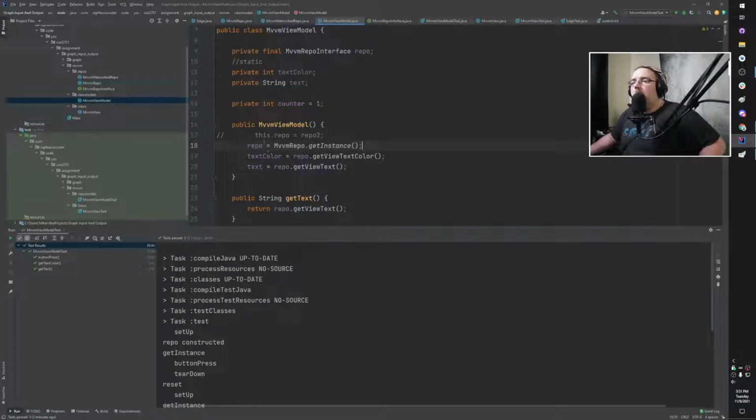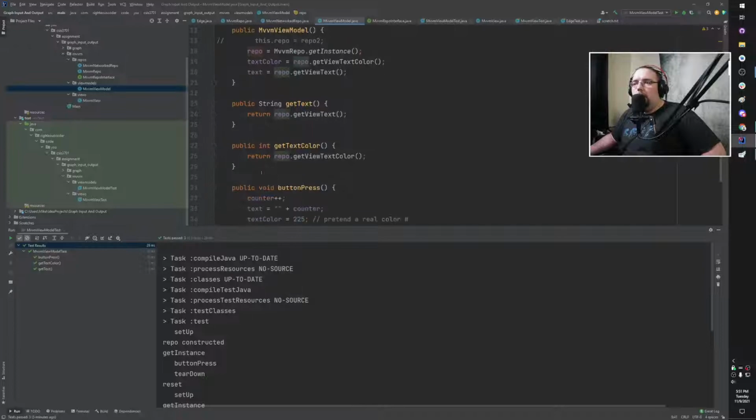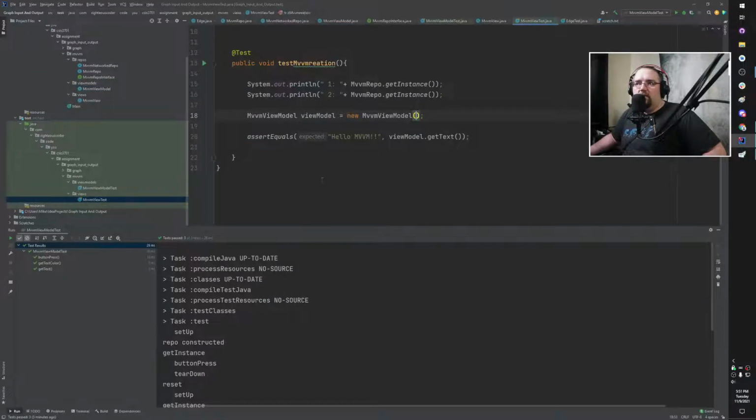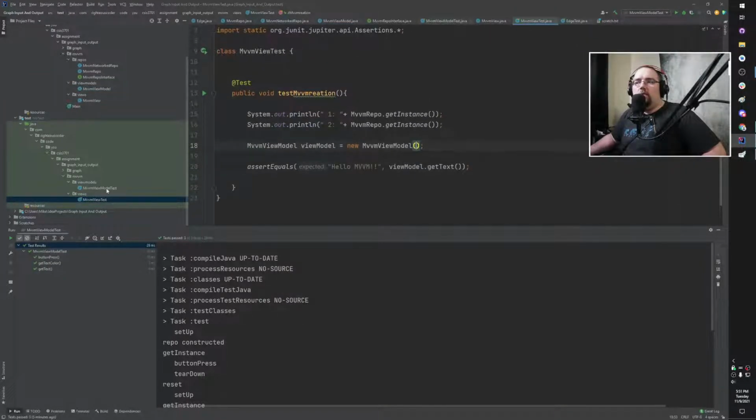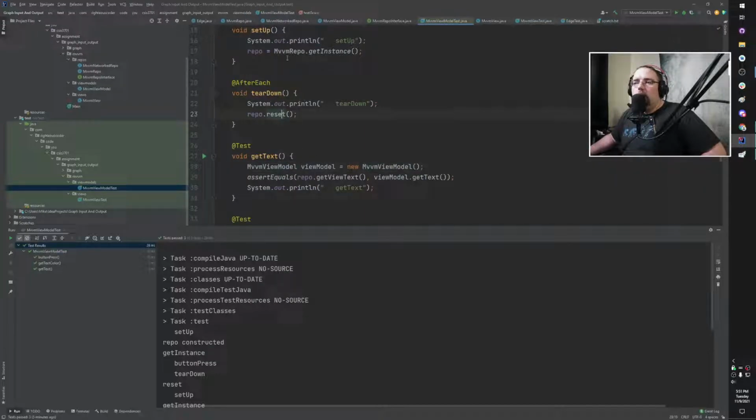Okay. So here we can change out the implementation of repository, but we come back to our test, we can't, whoops, wrong one. Now we don't have code to change out the implementation of our repository. So that's why having it as a constructor parameter is really useful for testing. Because what you could do